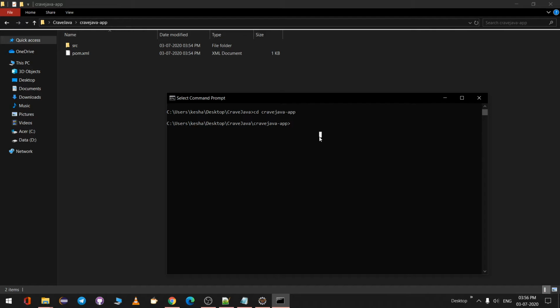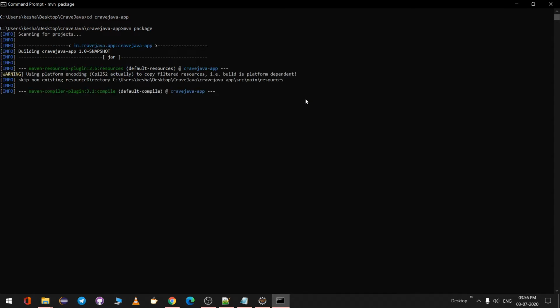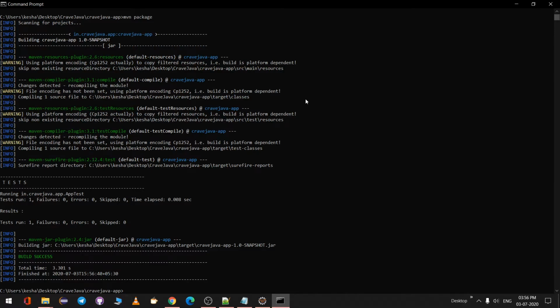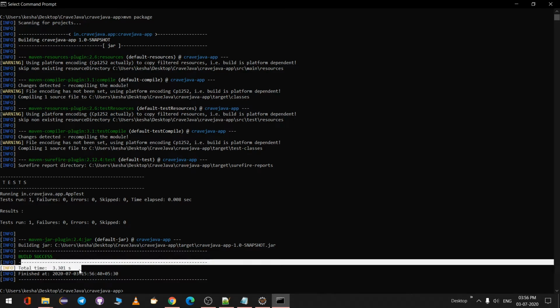So now we are inside the Crave Java app. Wherever the pom.xml is, we have to go there and say mvn package. I'll just maximize this. When you hit enter, it will download all the related libraries required, and it will create a jar out of it. It says build success.